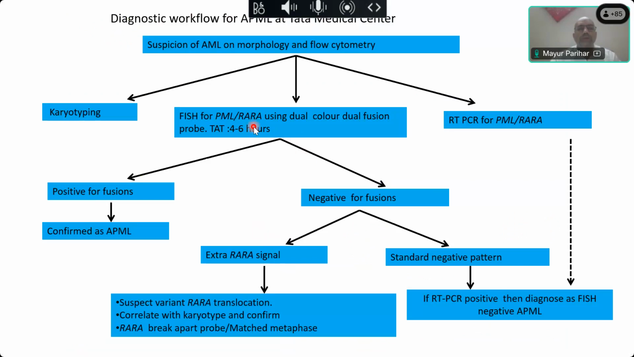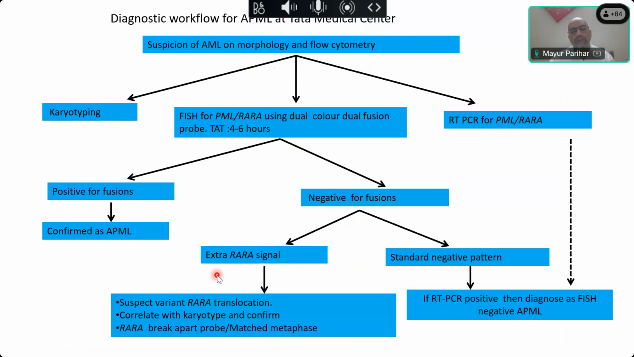So what should be your workflow for APML? Send for karyotyping. Suppose it doesn't turn out to be an APML, karyotyping is essential for risk stratification of this patient. We always send for an RT-PCR also. FISH for PML-RARA, we report within 4 hours: positive for fusions, confirmed as APML; negative for fusion, extra RARA signal, put variant,